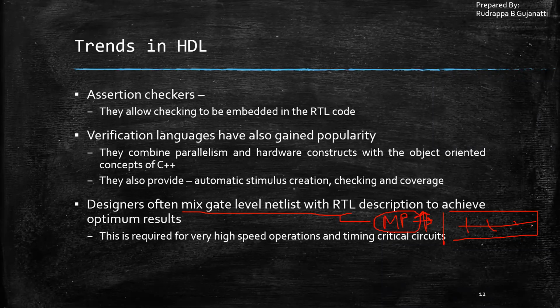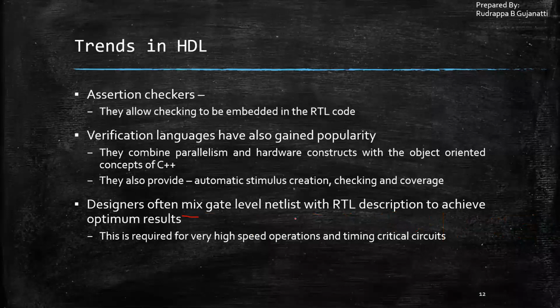This can be done because it is having a mixture of all. It is having gates, it is having ICs, it is having the switches which are required. So a number of things. When I'm dealing with this, if I go for a mixed level of representation, I can obtain very high speed operations. The power consumption can also be reduced, and time critical operations can also be included in those. So the example is the microprocessor.